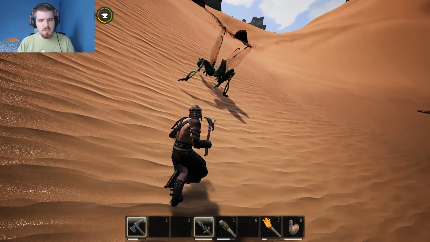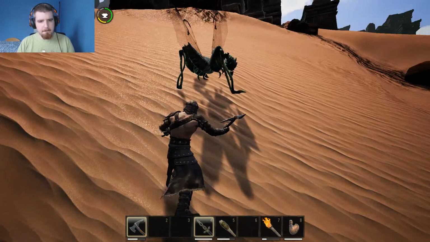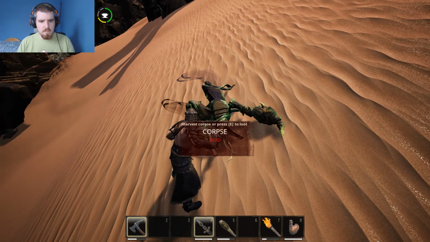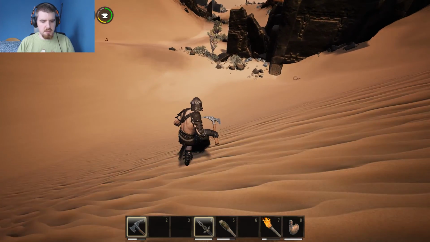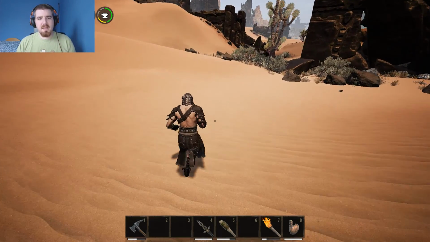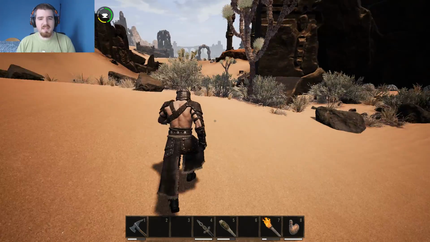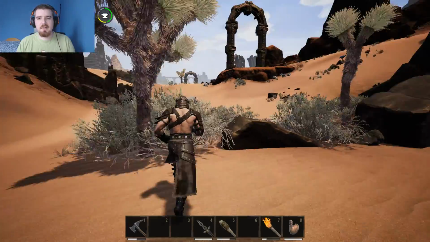Are you special, or are you just an odd colour? Come back. Nope, not special, just an odd colour. Don't die. Oh, the falling damage thing is actually starting to concern me a little more now. But